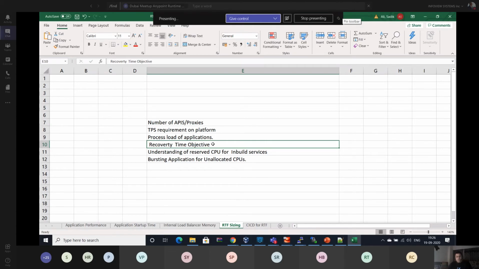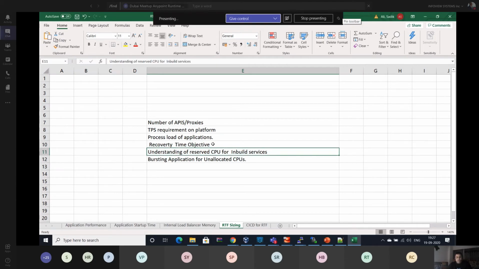We have two Runtime Fabrics in different infrastructure or different locations, managed through an external load balancer to divert the requests. Active and passive can both be handled by Runtime Fabric with the external load balancer.